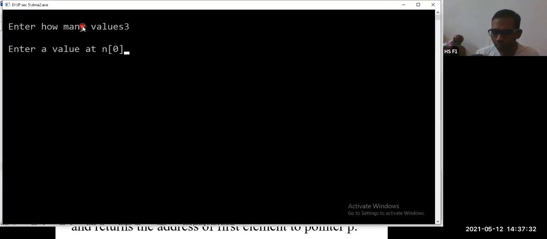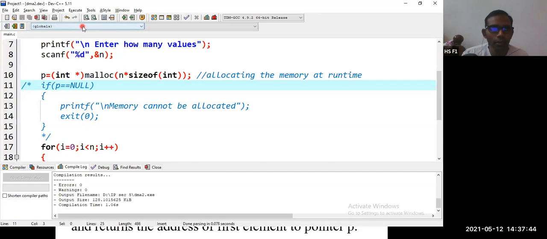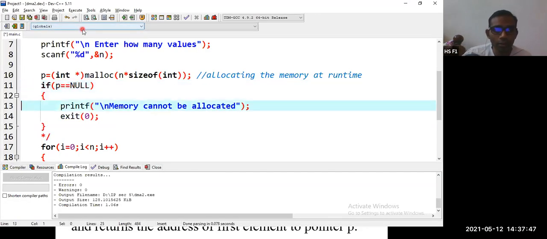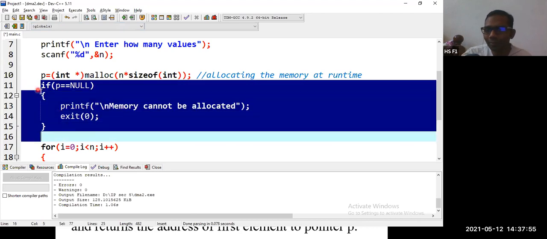It will execute anyhow, because in my system, we have huge memory. The problem arises when you are designing a device, when you are creating a new device which is having less memory. You are making an IoT project or AI project. There the problem may arise. Not here. In our latest desktop systems, laptops, we have huge memory. Mobile phones, we have huge memory, 2 GB, 4 GB. In my case, 4 GB RAM is there. How many bytes do we require? Only around 3 into 4 bytes. That's it. 12 bytes are sufficient for executing this program.